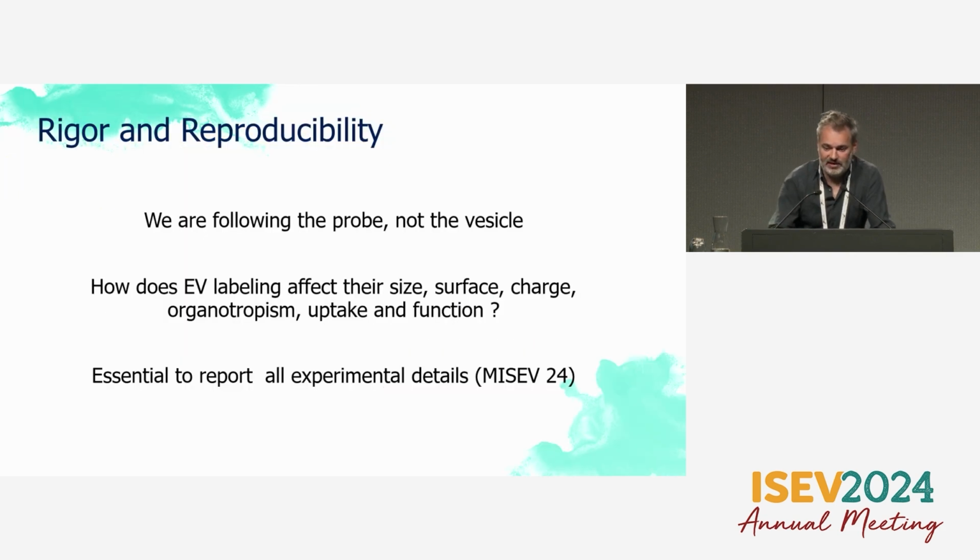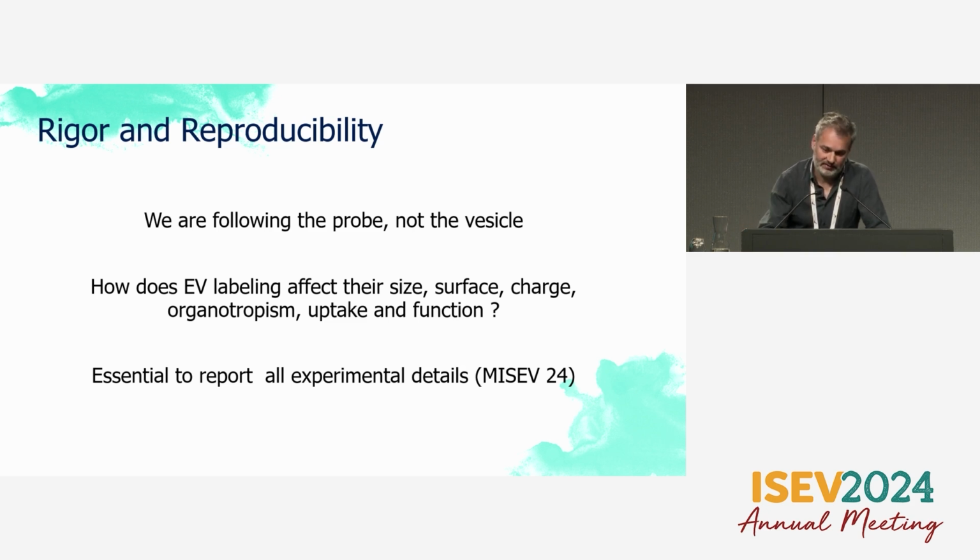So a few things to keep in mind in terms of EV biodistribution experiments. The first thing is that what we are following once we are looking at our animals is actually the probe, not the vesicle. And it's really important because in some cases the probe can dissociate, and sometimes very quickly, from the vesicle. And this has been shown, for instance, for lipophilic dyes that you apply on the surface of EVs. In vitro, at least, some of these dyes have relatively low stability on the EV membrane. But even for the stronger labeling, after a certain time,